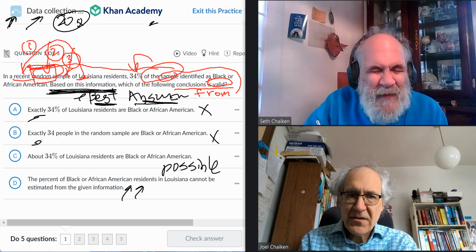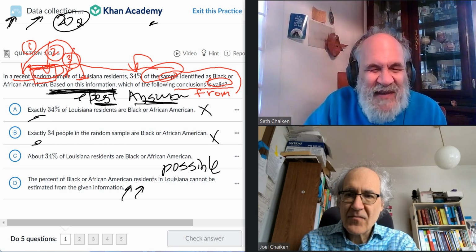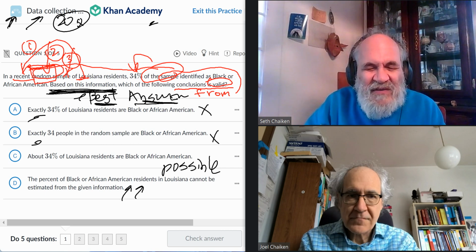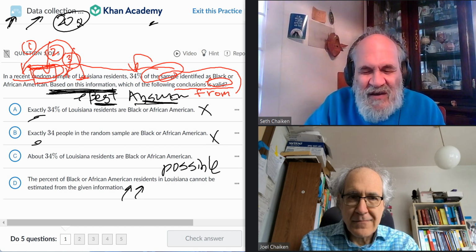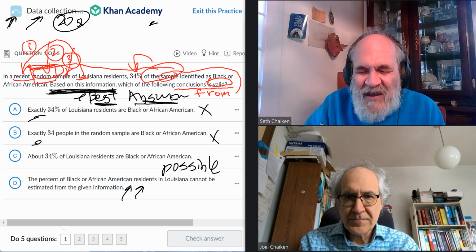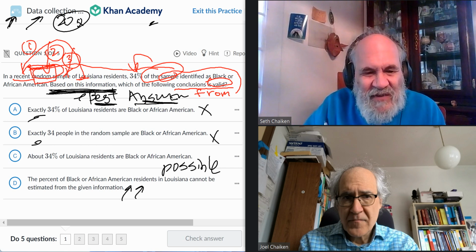So then you are saying it's C. I would pick answer C. Yeah, it's the best answer. We would trust that the statistical measurements were done in a competent manner, that the sample was large enough so that there would be a high probability that the estimate from the sample is close to the population percentage. And also another assumption is there's a difference